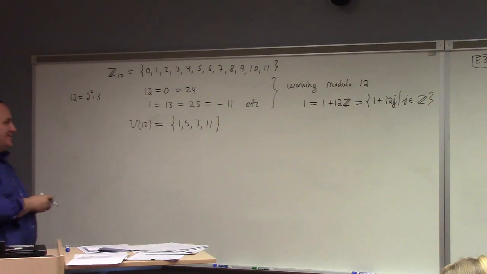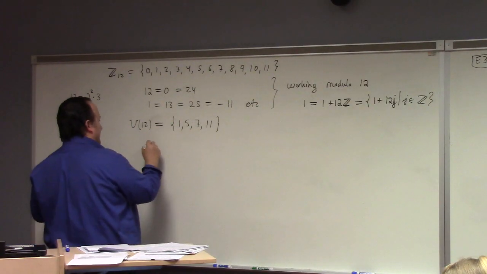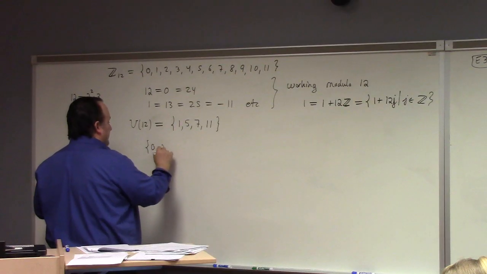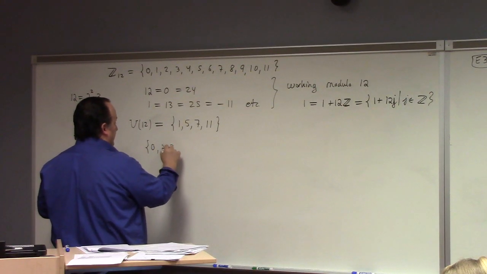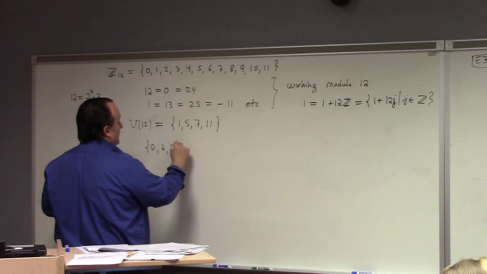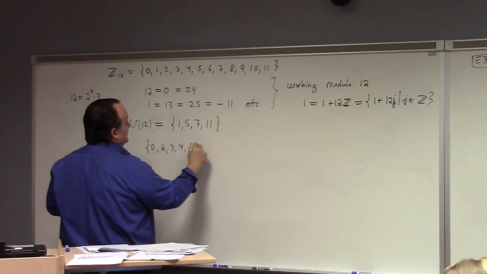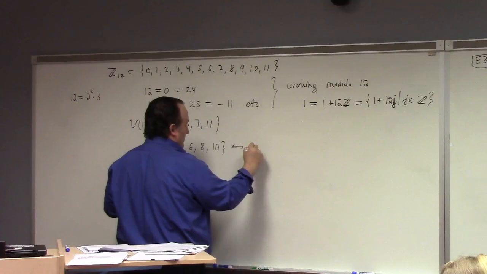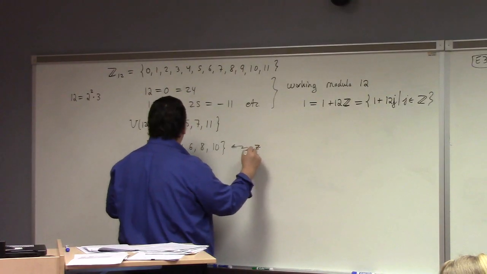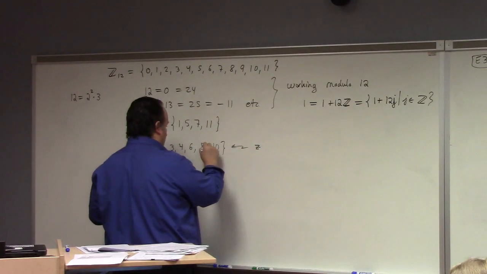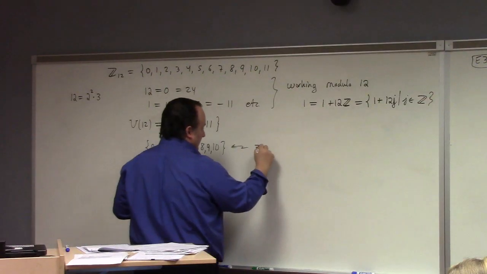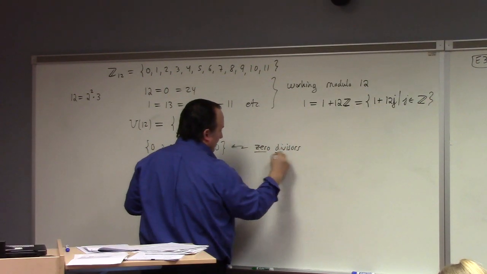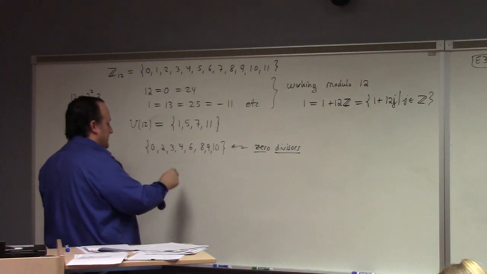Everything else, these things, 0, 2, 3, 4, 6, 8, 9, and 10. Oh, thank you, 9. These are all zero divisors. Let me explicitly show you, like 3